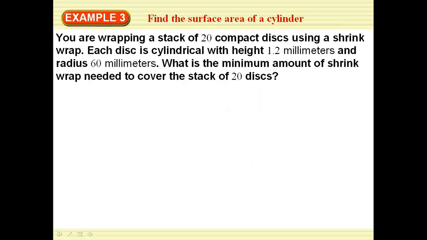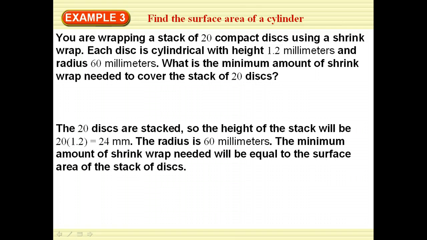So you're wrapping a stack of 20 compact discs using shrink wrap. Each disc is cylindrical, so we have a cylinder with a height of 1.2 millimeters and a radius of 60. What's the maximum amount of shrink wrap needed? Okay, so we have these. Remember, what I'm doing is I'm taking these and stacking them up so that I end up with a stack of